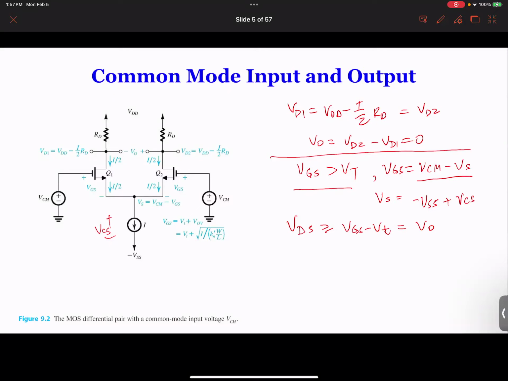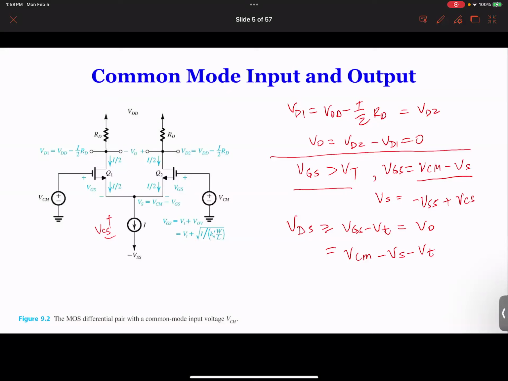So if we have to maintain VGS larger than VT and also VDS larger than VGS minus VT, now if we replace this VGS with VCM minus VS minus VT, we can get right away that VS equal to